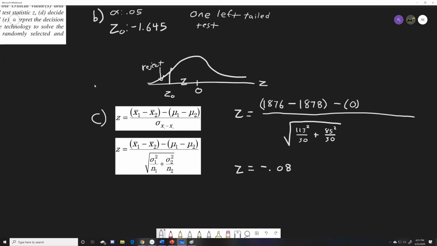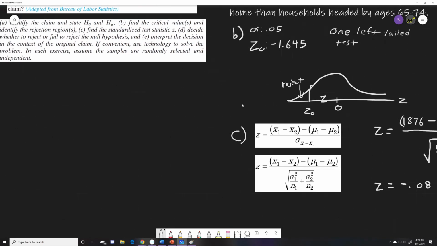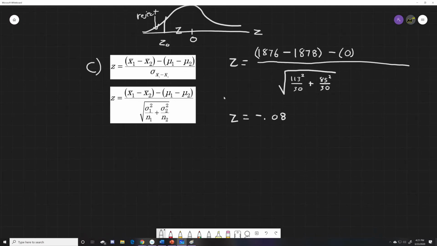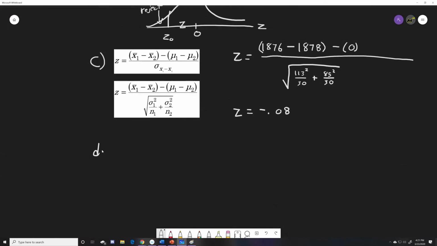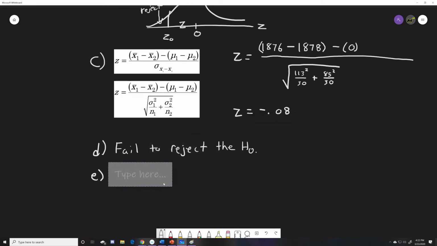So, going on to part D, which is to decide whether to reject or fail to reject the null hypothesis. That means, part D, we fail to reject the null hypothesis. Okay, and what does that mean? Can we interpret this? Well, the best way to interpret it, and again, the most important part: we got a number here, we had a chart here, what does it all mean? Right here, we'd say,